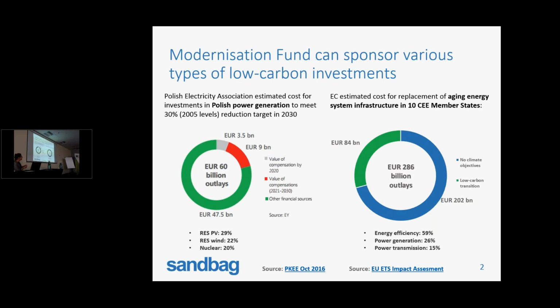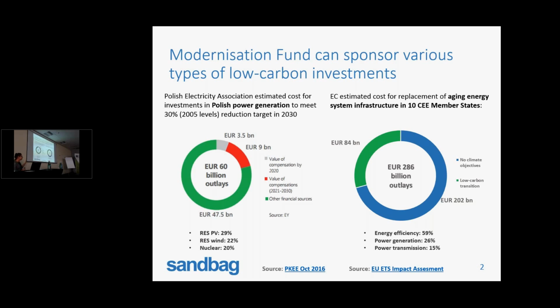Poland expects to have to pay 60 billion euros to decarbonize the energy sector till 2030, so they can achieve the goal of minus 30% on the levels from 2005. Don't ask me why they actually made that analysis, because the ETS doesn't ask them to do that, but they have produced such an analysis. Below, I'm also showing you what sort of investments they find would be the most expensive in this 60 billion euros. So this is the power generation only on one hand, and only one country out of 10 that we